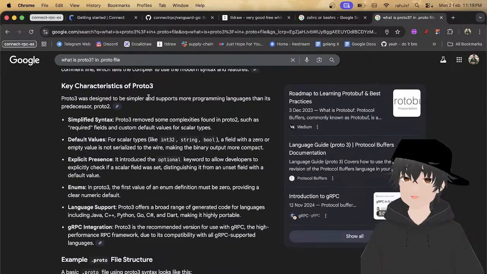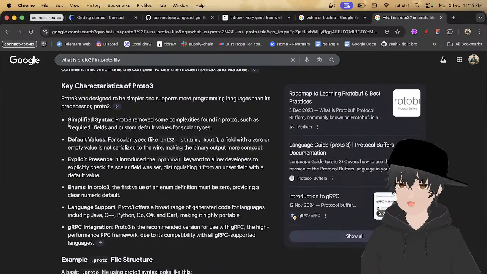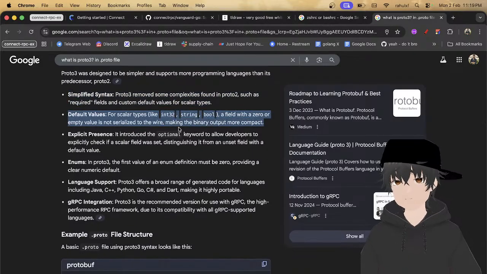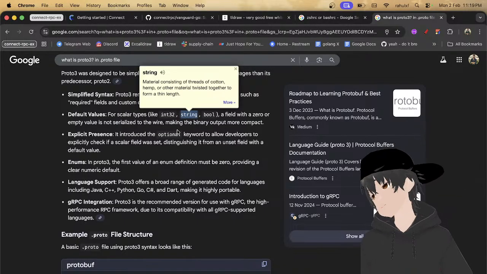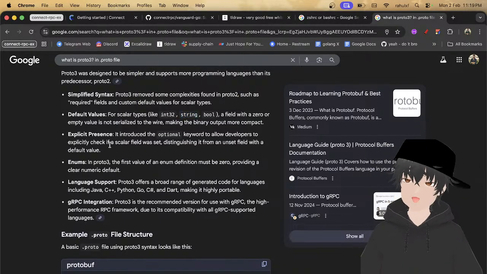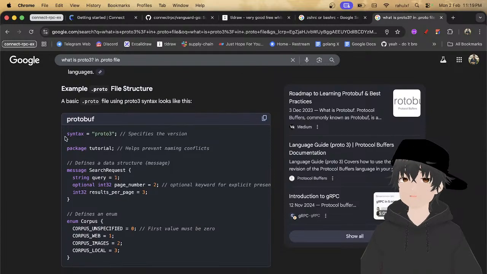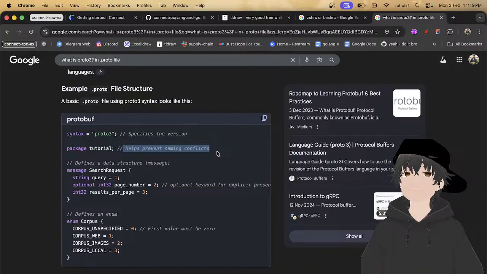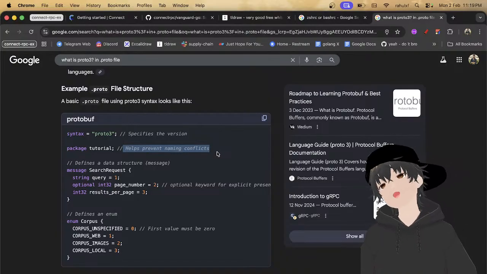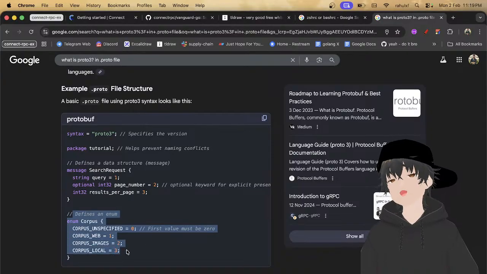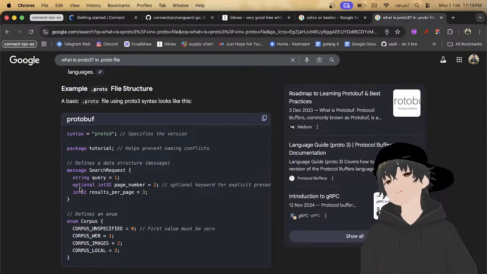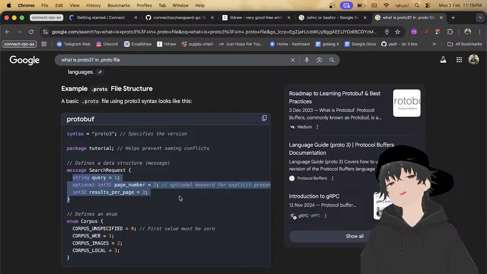Key features of proto3: simplified syntax and default values, like int32. We will go through that in a minute. The package helps prevent naming conflicts, defines the data structures, and defines enums. Enums always start with 0, while other fields start with 1.